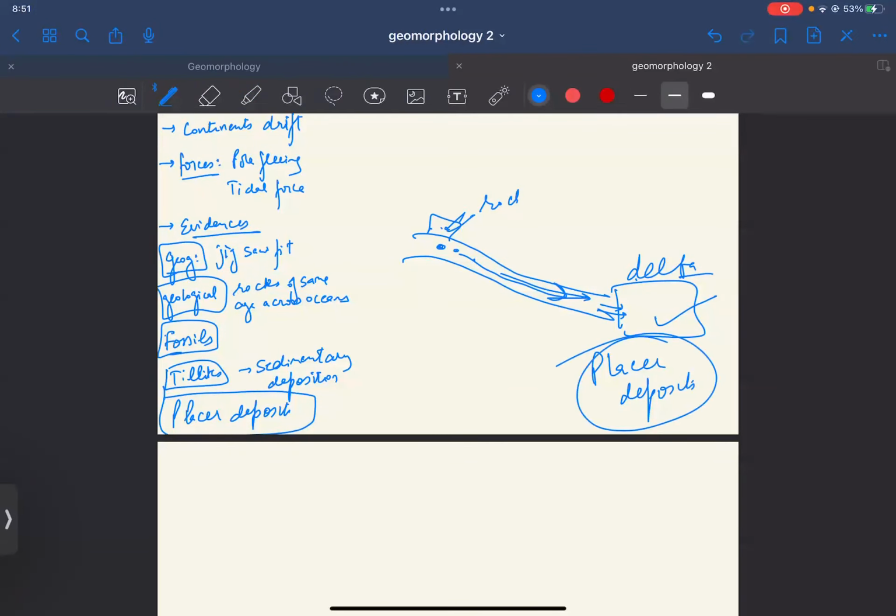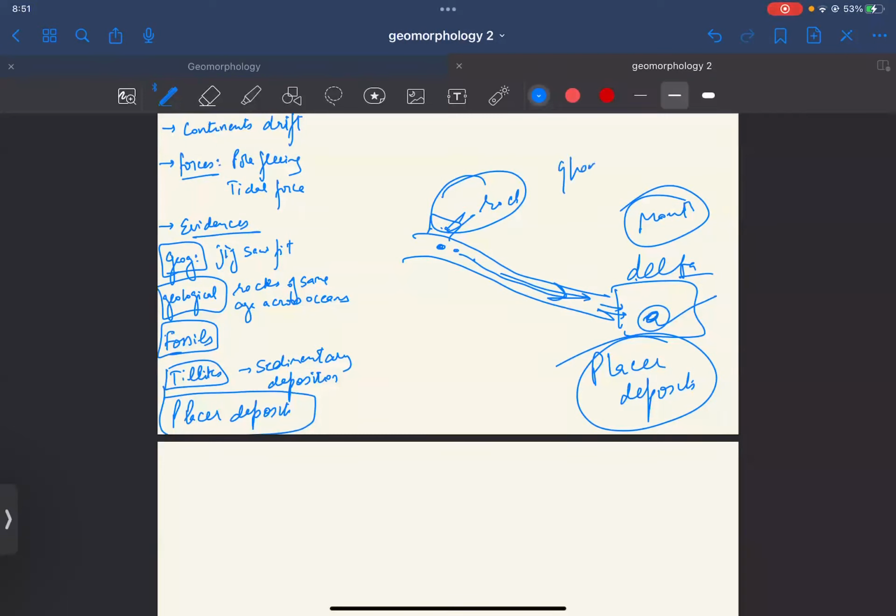So these are the deposits which are deposited near the mouth of the river, right? So basically rocks are eroded, minerals are added into water, those minerals are transported and deposited by the river to some other location. These are known as placer deposits. तो ये minerals का source क्या है? Source तो यहाँ पे rock, पर ये deposit हो रहा है कहीं और location पे।